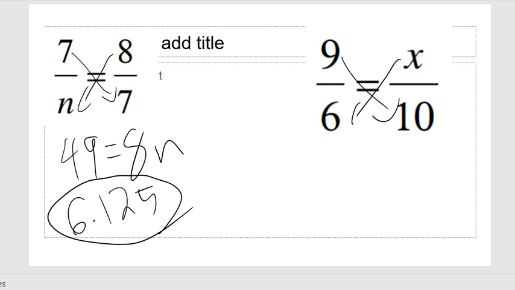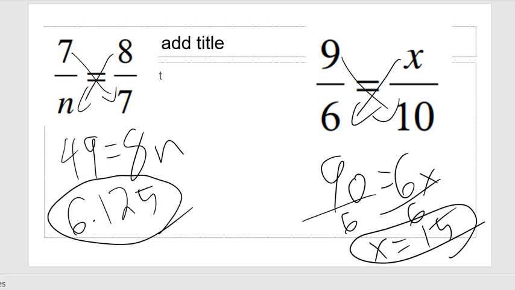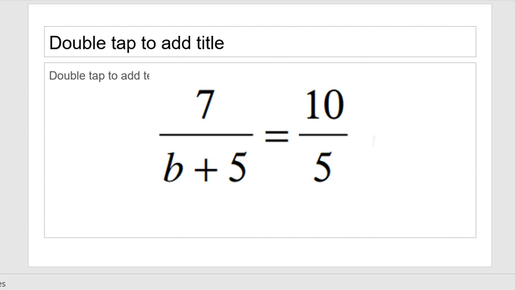Over here, we cross multiply. We get 90 equals 6x. And you just take 90 divided by 6. And we're lucky enough that it's going to give me a whole number, 15. There we go. All right, with this one,